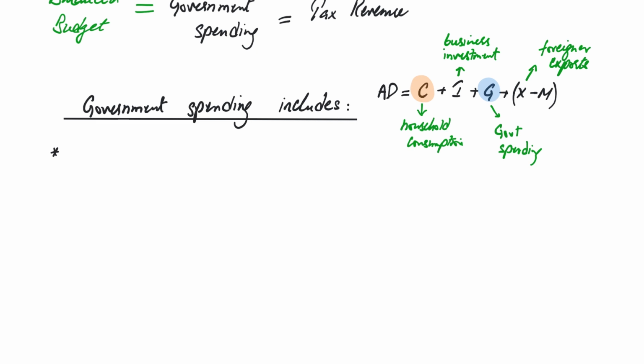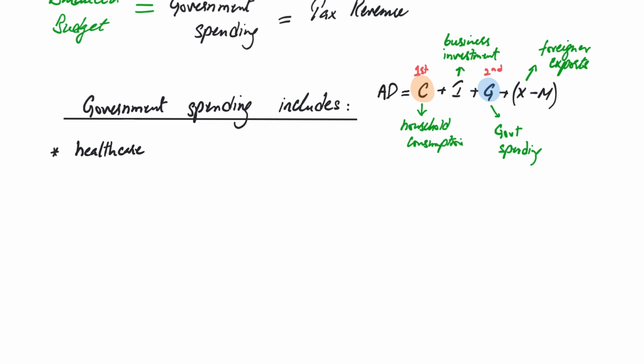Otherwise, usually consumption is the largest, and government spending is the second largest, monetary wise. Since government spending plays such a key role in total demand, it has an impact on the direction of the economy. So when we talk about what government spending includes,